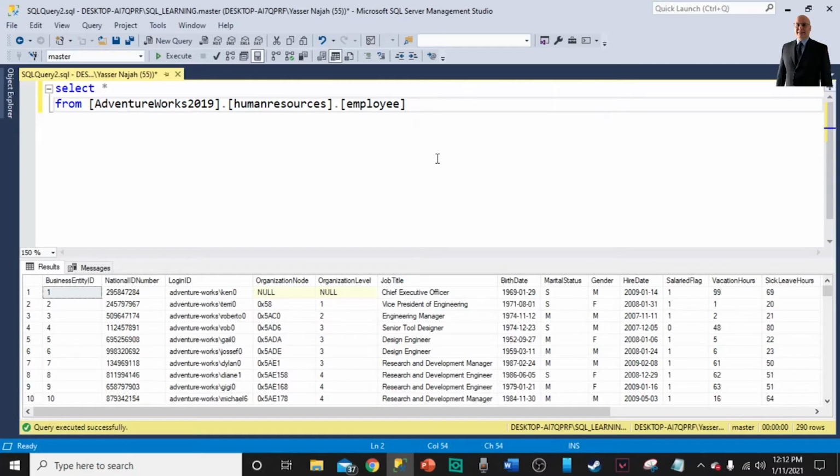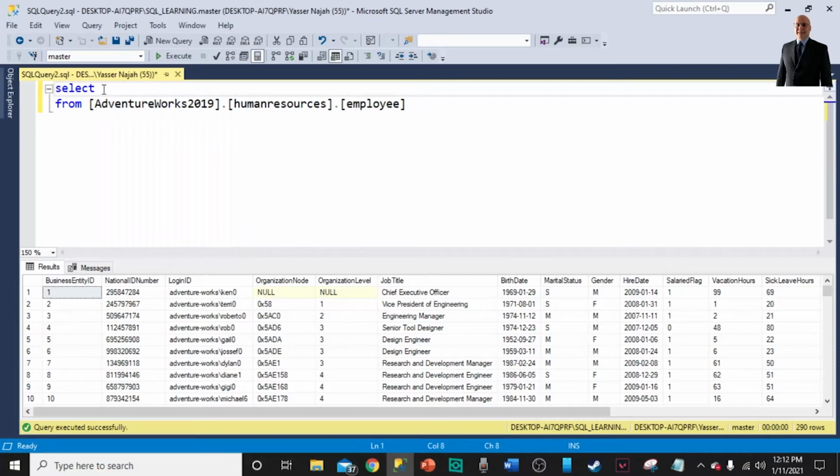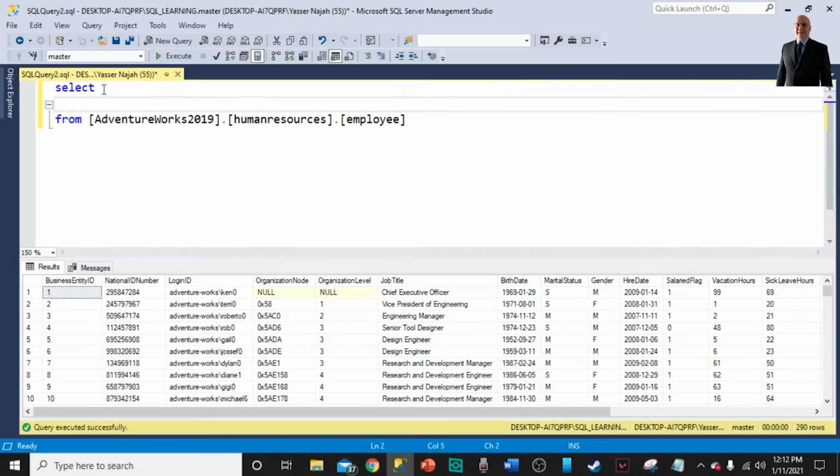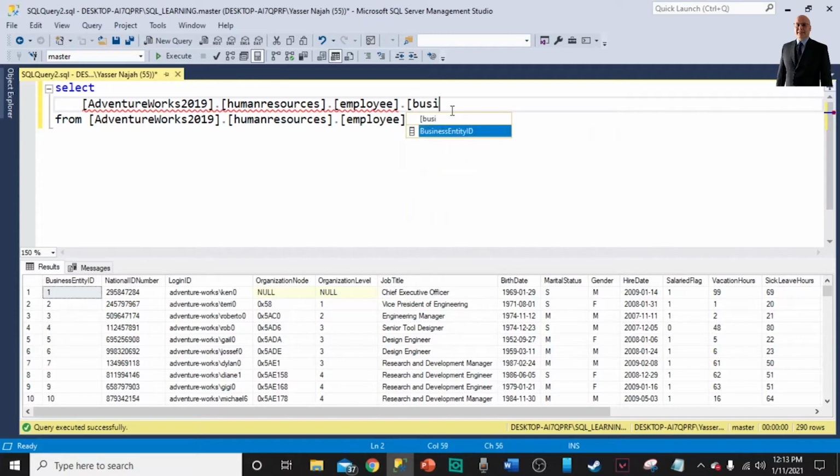Now let's say I only want to return 3 columns from this table. What we need to do is specify the path of that table, then dot and the name of my column, which will be in this case business entity ID,